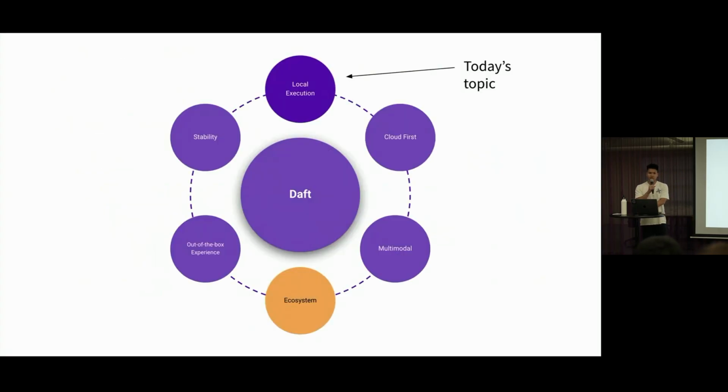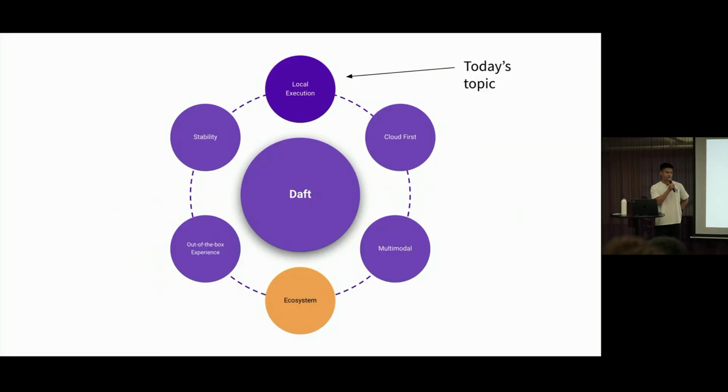So yeah, that was today's topic, local execution at Daft. Like Desmond mentioned before, there's 6 pillars that we're thinking about when building Daft, looking back at Spark's deficiencies. Local execution is one. We are really good at cloud first as well. It's really easy to read data from S3, GCP through Daft. We're multimodal. We natively support image types, embedding types, tensor types, you name it. Really memory stable, as you saw with the memory graphs just now. And we have a pretty good out-of-the-box experience. Our backend is written in Rust, and it's compiled into a binary behind a Python API. So all you really need to do is pip install getdaft, and then run your queries.